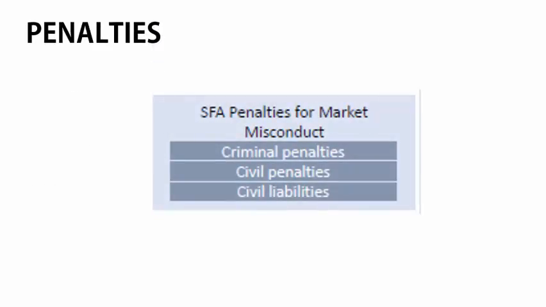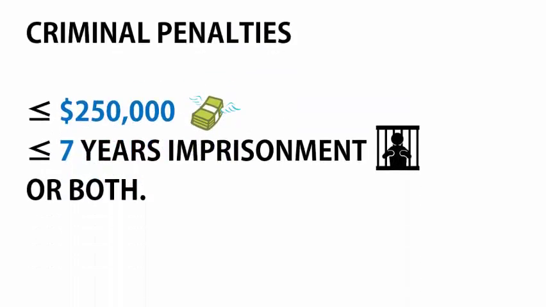What are the penalties for insider trading? Basically, insider trading can attract 3 different kinds of penalties. 1. Criminal penalties, 2. Civil penalties, as well as 3. Civil liabilities. It will be interesting for you to go and find out what's the difference between a criminal penalty and a civil penalty. Under criminal penalties, the accused will have a maximum fine of 250,000 and a maximum imprisonment of 7 years or